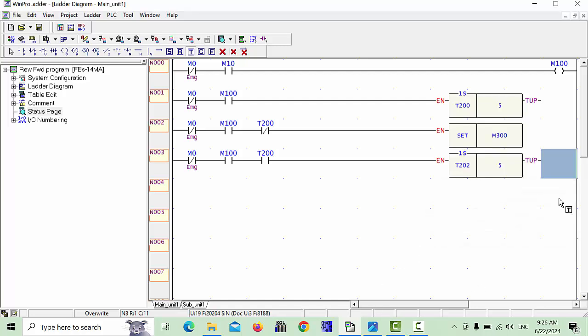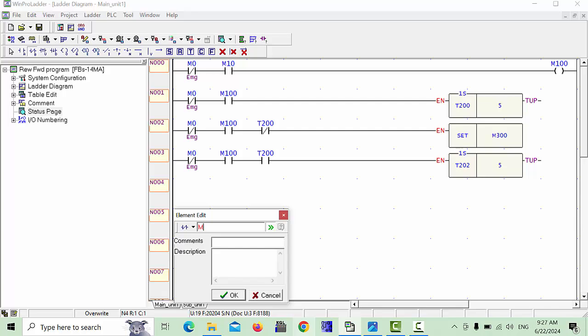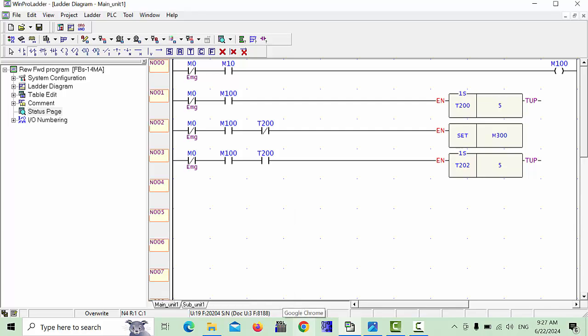Now with this close contact, our M300 is started. This is set, it's running. When this time is up, after that I need one more timer, this one for delay. When the delay is completed, after that I need M0, my emergency, and M100,